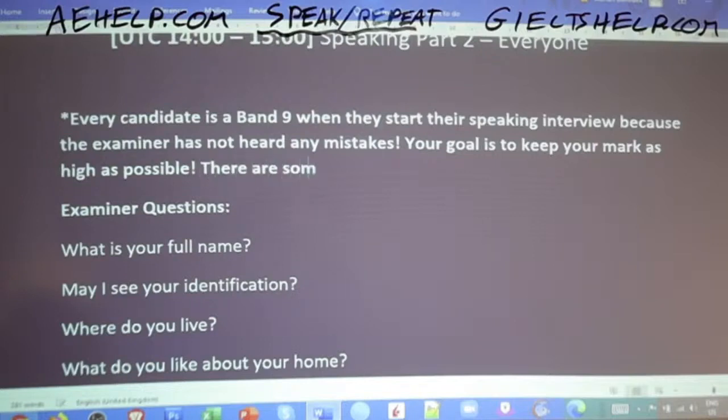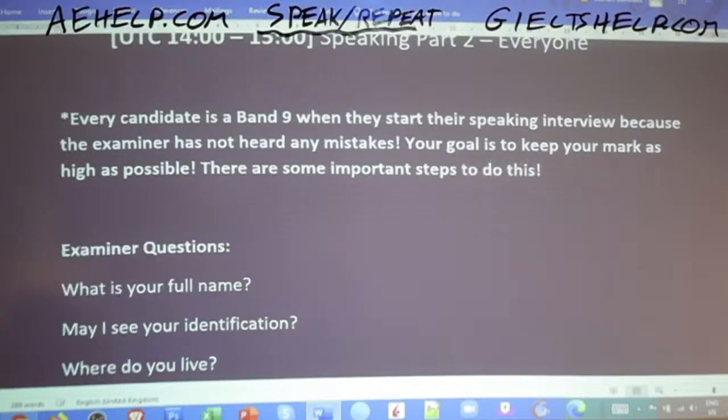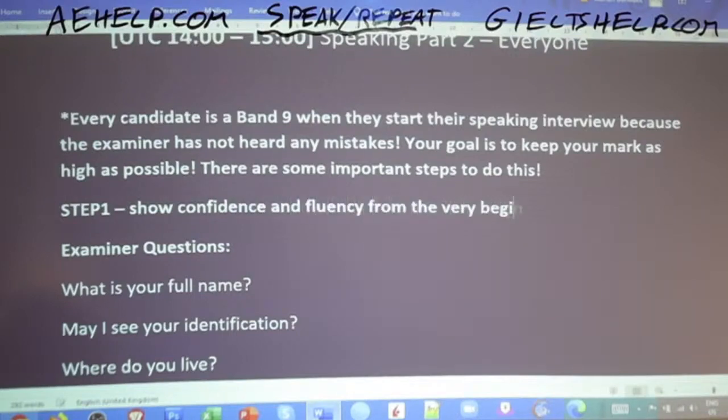There are some important steps to do this. Okay, so step one, show confidence and fluency from the very beginning. This means speak in full